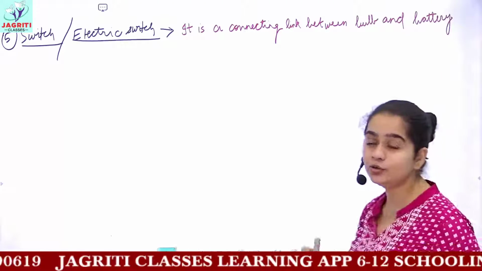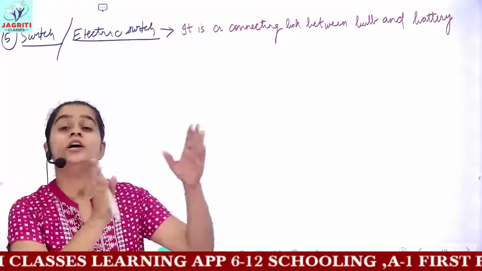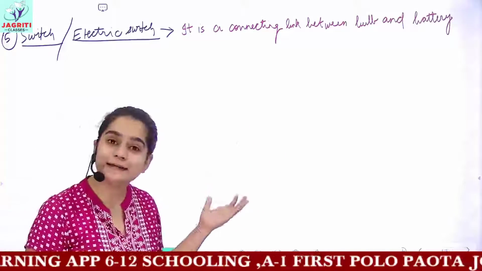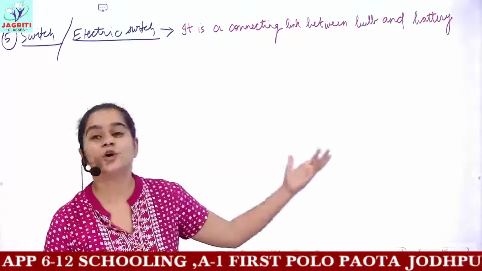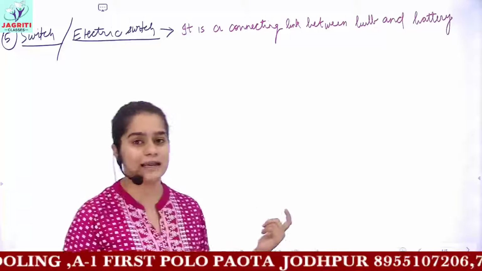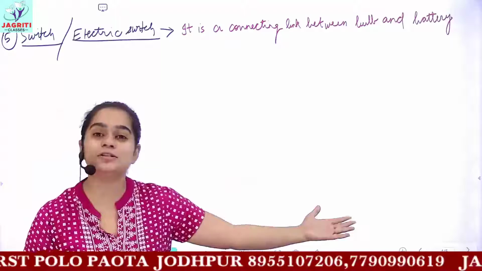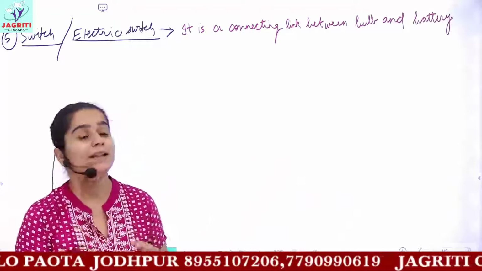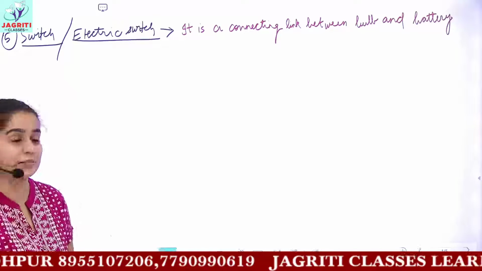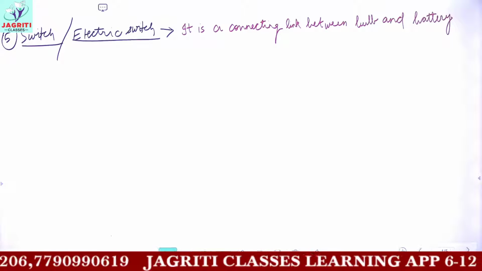So if I try to draw the circuit, okay, first we'll discuss the symbols, then I'll tell you how to draw a circuit, and then we'll be discussing there itself in what conditions the circuit is said to be open, in what conditions can you represent a closed circuit diagrammatically, and then you will be getting your concepts cleared, how the bulb is glowing and why the bulb is not glowing when the switch is off. So we'll be discussing it under the heading of circuit diagrams. So firstly we'll be discussing all the definitions. So I hope these definitions are clear to you.